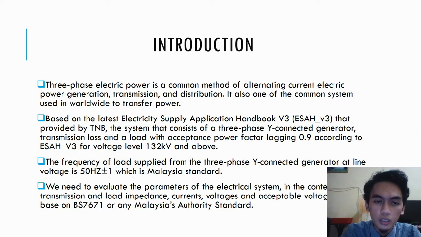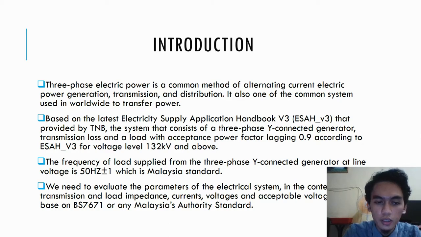Based on the latest Electricity Supply Application Handbook version 3 provided by TNB, the system consists of a three-phase Y-connected generator, transmission line, and a load with a certain power factor lagging 0.9, according to the handbook for voltage level 132 kV and above. The frequency of load supply from the three-phase Y-connected generator at line voltage is 50 Hz plus minus 1, which